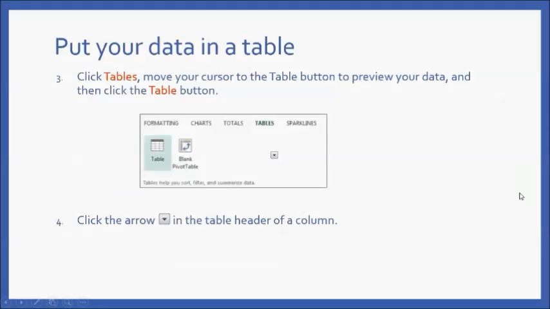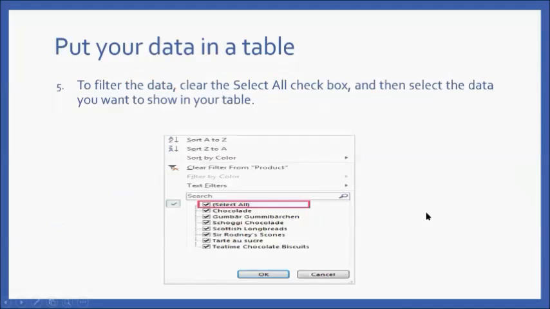And then click tables, move your cursor to the table button to preview your data. And then click the table button. So that's under formatting. So click the arrow in the table header of a column. So to filter the data, clear the select all checkbox and then select the data you want to show in